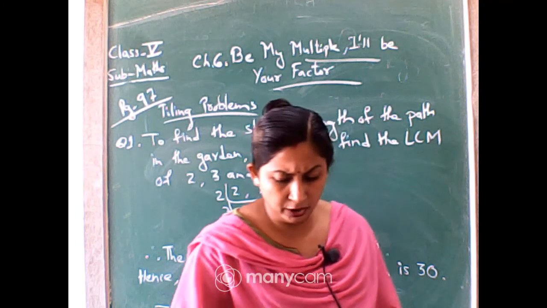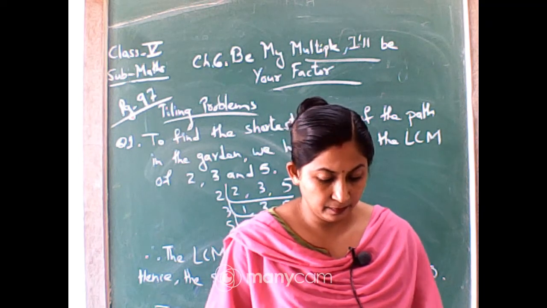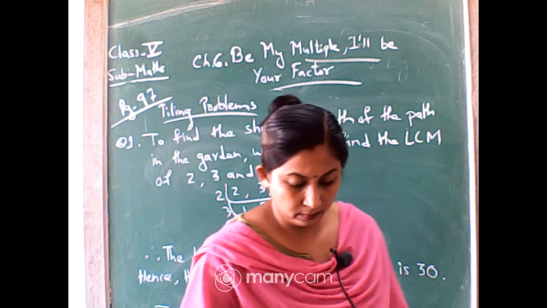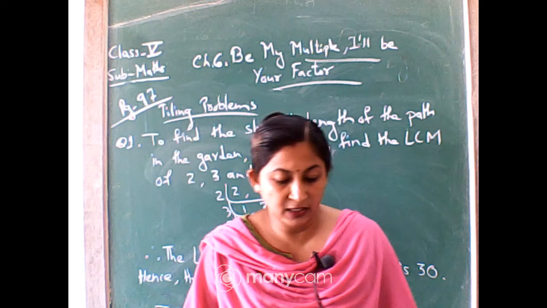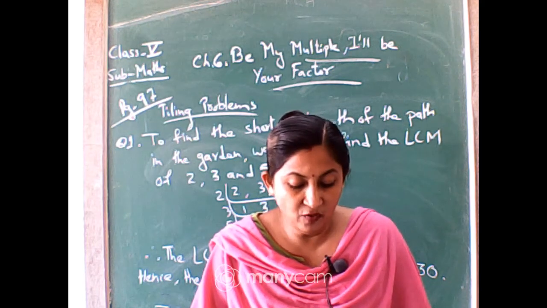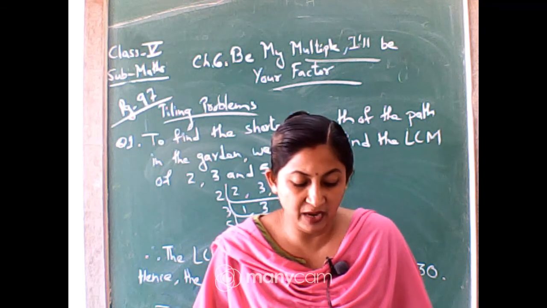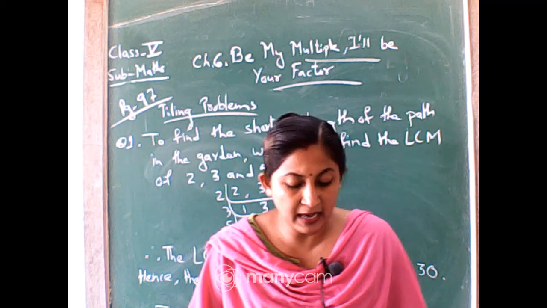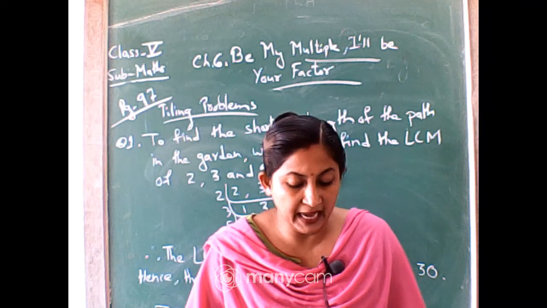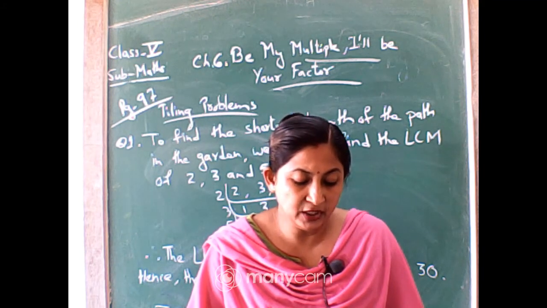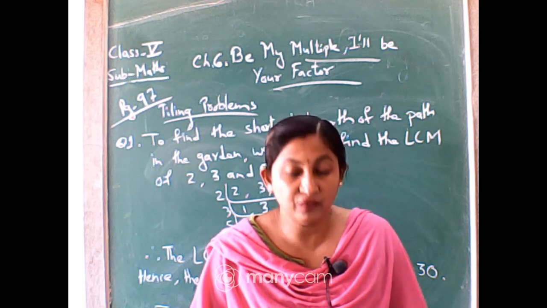Now come to the next question, page number 98. Question number 2. Manoj has made a new house. He wants to lay tiles on the floor. The size of the room is 9 feet by 12 feet. In the market, there are 3 kinds of square tiles: 1 foot by 1 foot, 2 feet by 2 feet and 3 feet by 3 feet. Which size of tiles should he buy for his room so that he can lay it without cutting?